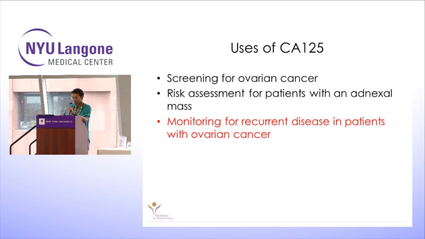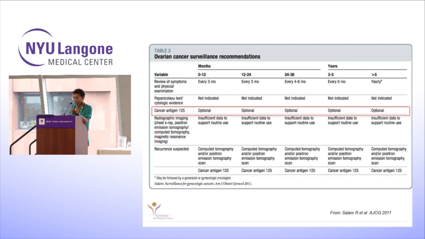All right, so what about monitoring for recurring disease in patients with ovarian cancer? If I asked this group, or many like it, how many of you check your CA125 on a routine basis, I bet most hands would go up. So I'm sure it would surprise you, perhaps, to see this relatively recent publication in the American Journal of Obstetrics and Gynecology. A group of expert clinicians from the Society of Gynecologic Oncology got together and looked at, in terms of follow-up, what evidence-based things we should be doing and what we shouldn't be doing.